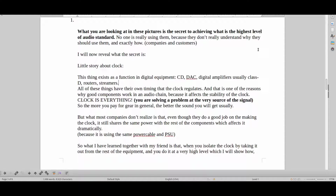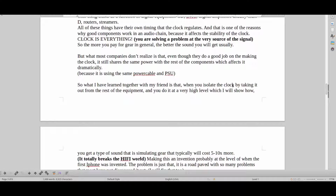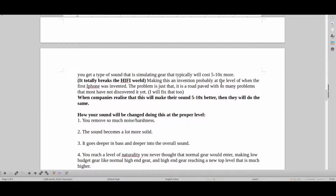This is one of those things that when you look at it in theory, it might not make sense, but once you test this at a very high level, as me and my friend have been able to, you discover the truth. Most people don't test these products in a proper way, but when you do some extreme testing, you discover that this thing actually works. When you isolate the clock from the rest of the equipment and do it at a high level, which I will show you how to do,